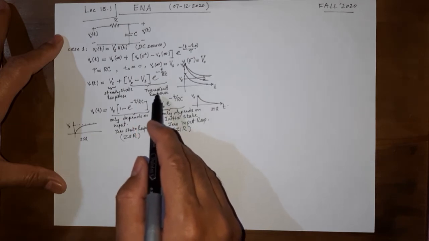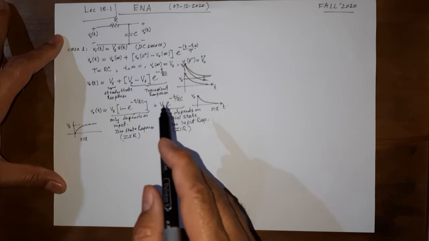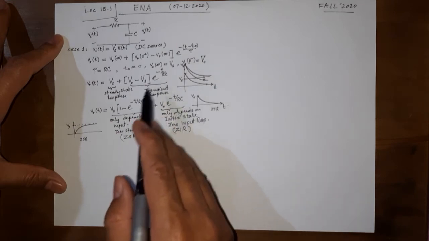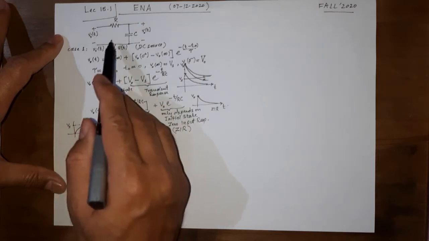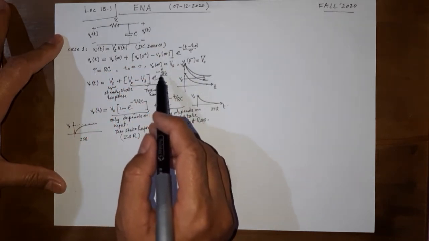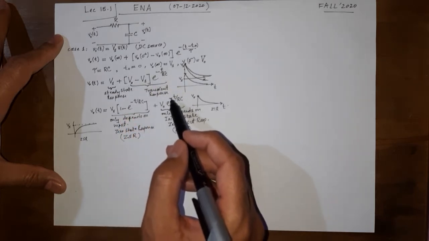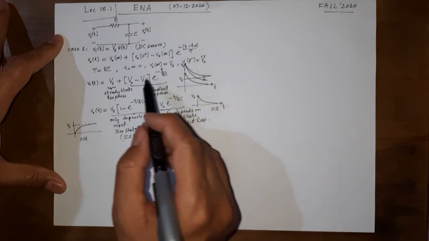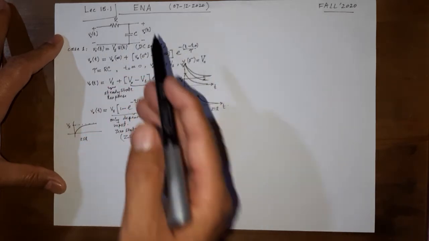The transient response just happened to be there at the start of when things start happening, and then it vanishes out. So if someone says, okay, this is the circuit, this is a DC source, what will be the steady state output? You don't need to consider this part, because V0 is not what is really important. So the steady state output ultimately would be this thing, Vs. The capacitor will ultimately charge to Vs.